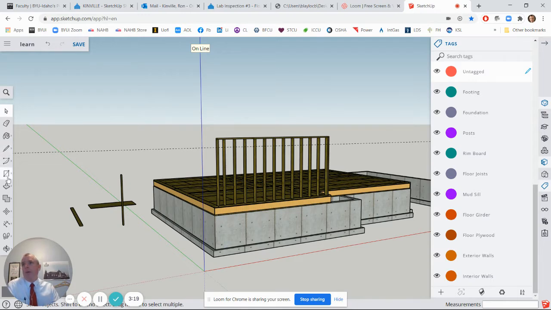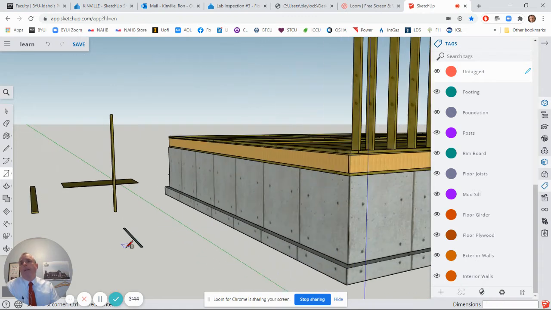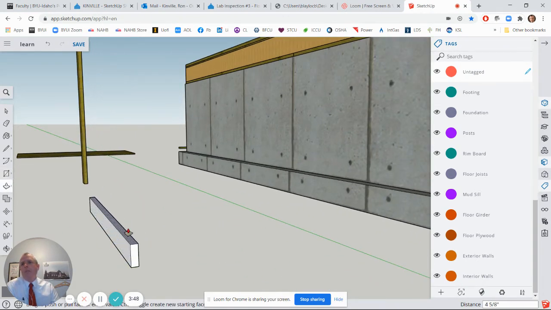But here in SketchUp, all we have to do is make a rectangle. So I'm going to draw another rectangle, and this time I'm going to make it 1.5 inches wide. And for length, I'm going to say it's 5'3". It's 5'3" long because that's the size of header I need for this particular opening. Then, as we determined earlier, it's going to be 9 5/8 inches tall, so I'm going to raise it up 9